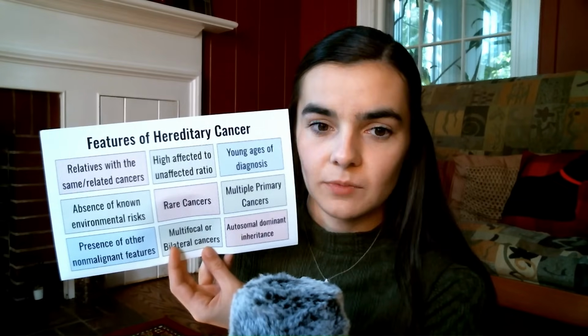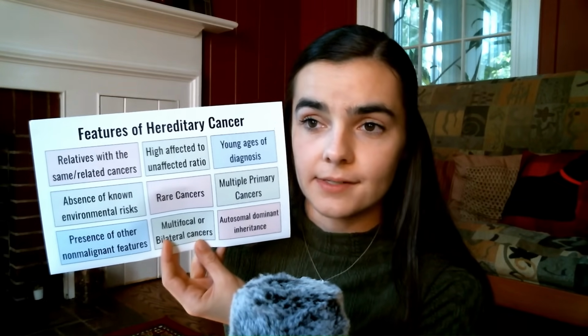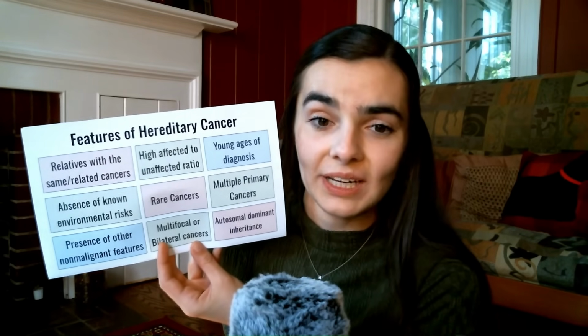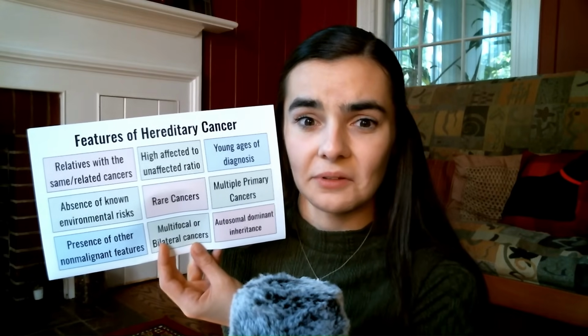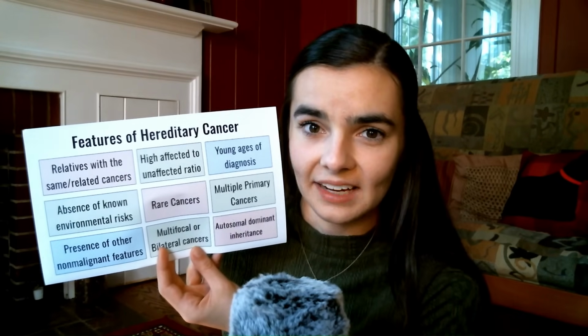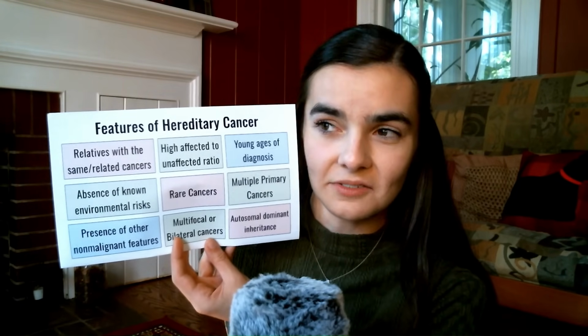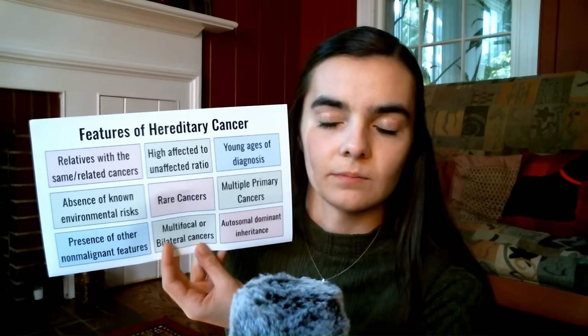Sometimes we take family trees and somebody has 10 siblings and 14 aunts and uncles, and then we get a pretty good picture of, okay, you only have 3 people out of those that had cancer. That's pretty expected when you have that many relatives, whereas someone that has a really small family tree, you know,